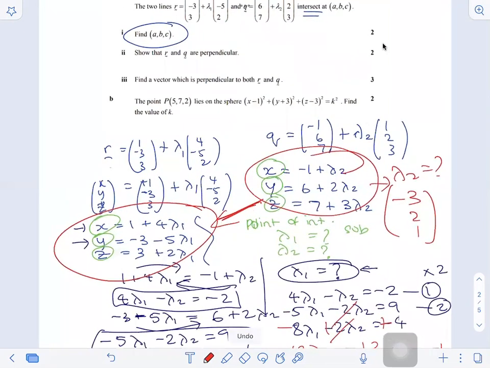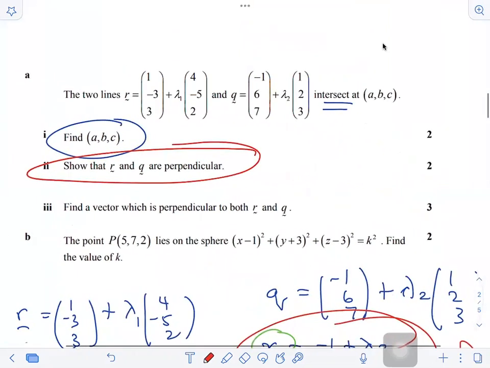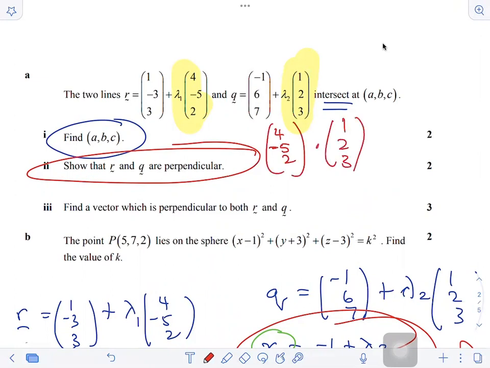Okay, the next one. Show that R and Q are perpendicular. I can do this one up here. The most important thing is to look at the directional vector, because that's the only thing that determines whether it's perpendicular. So you do (4, -5, 2) dot (1, 2, 3), because that tells you whether they are perpendicular. 4 times -1